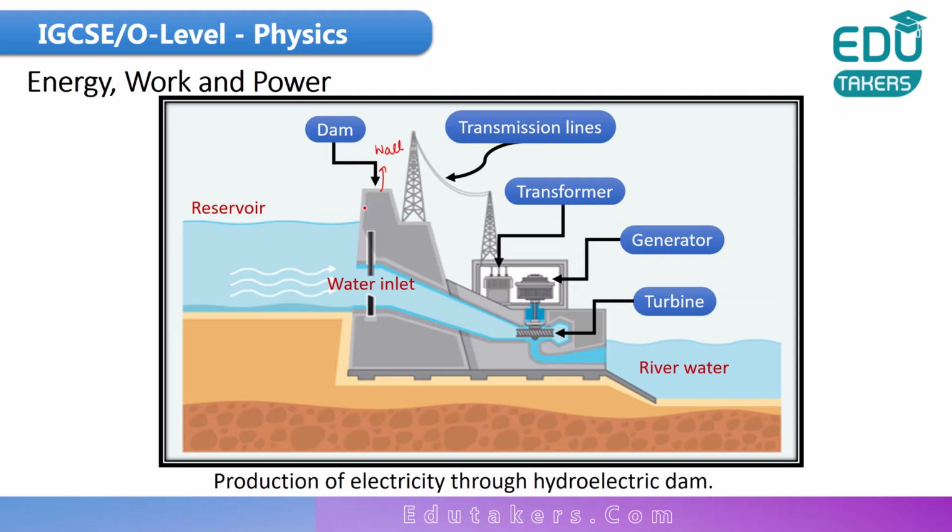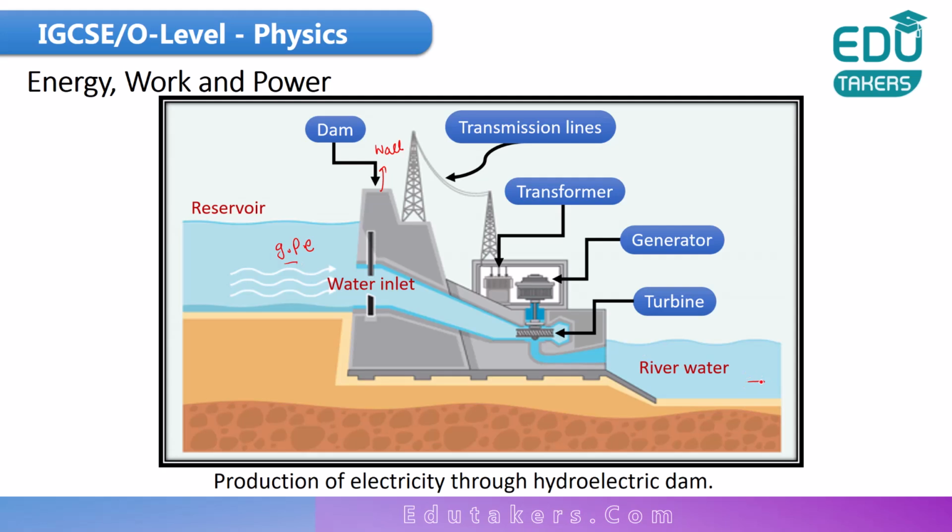The water is stored behind this dam wall and it is above the ground level. It has only gravitational potential energy, because in this case this water is at some height from the ground. When the height increases, the gravitational potential energy also increases. You have to obtain here a significant height difference between the upstream and the downstream, like the water which is at some height and the water which is here at the ground.